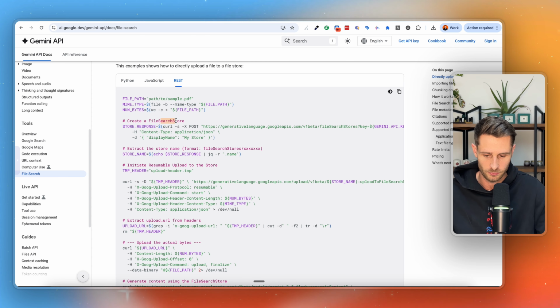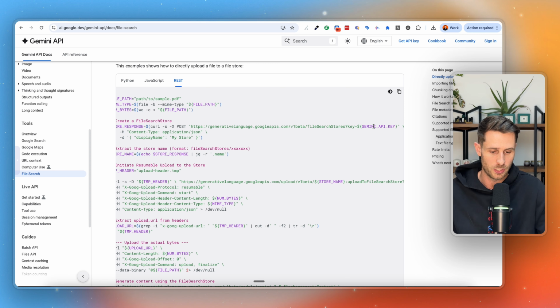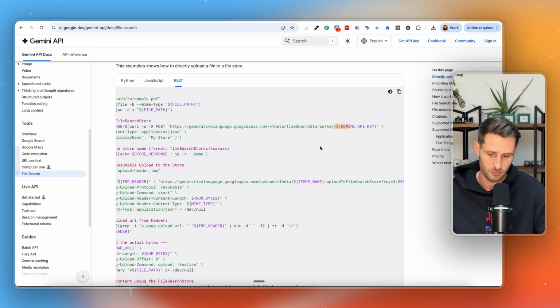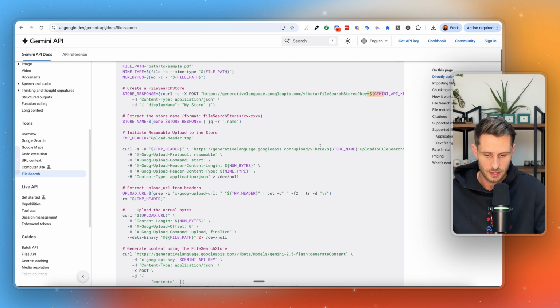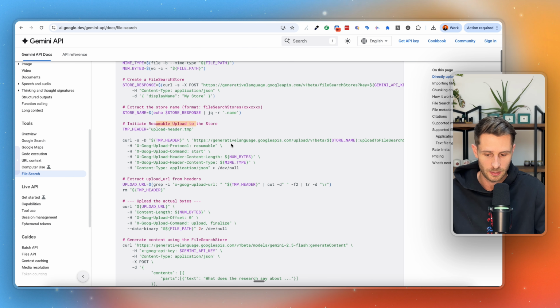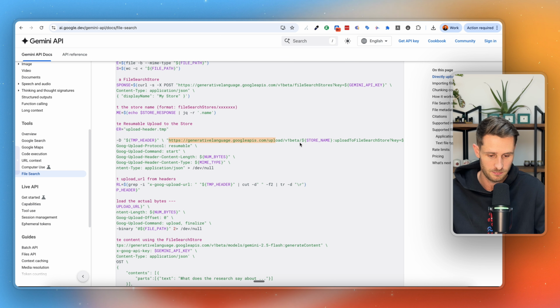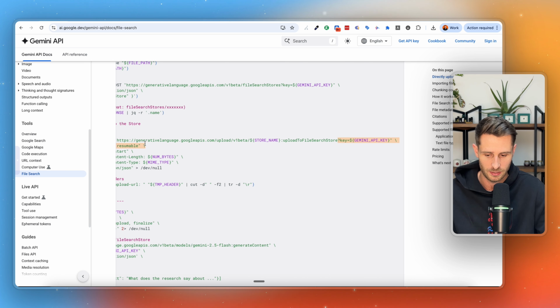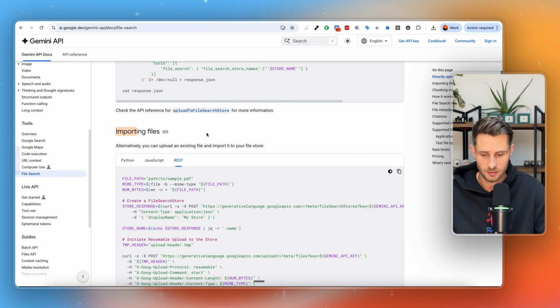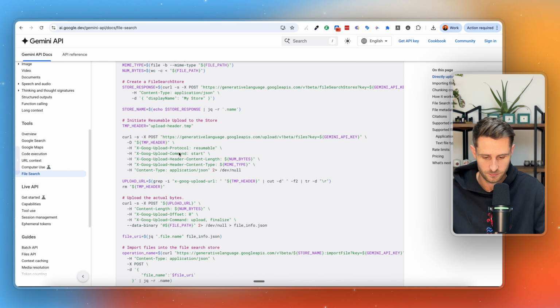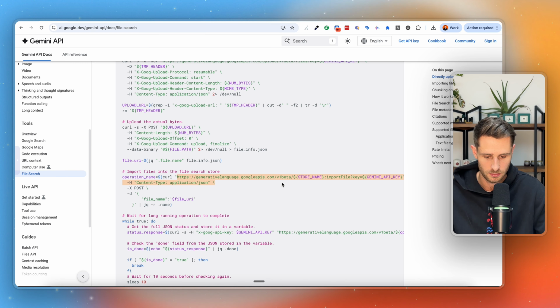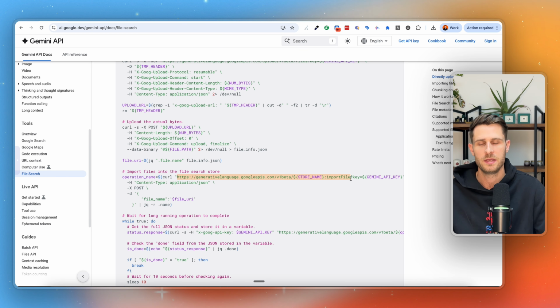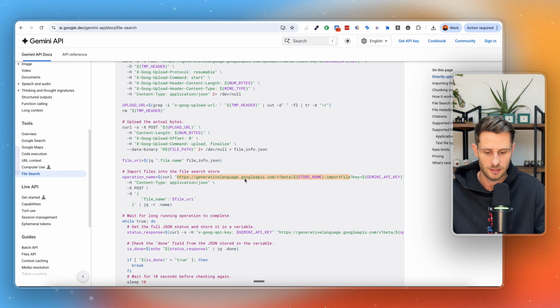So you can see create a file search store, file search stores. That's our first URL. We only need to use this key if we haven't used a credential, but we've used a credential throughout. We've then got the upload to store. We can see that the URL is down here. Well, this is one way in which we can do it. And again, it's asked us for a key. And then the final part is the import, which sits a little bit further down the page here. And you can see that this is the URL that we've used. So if you ever run into issues with the URL for whatever reason, you can find them in the API